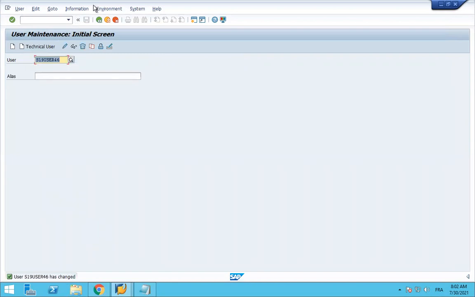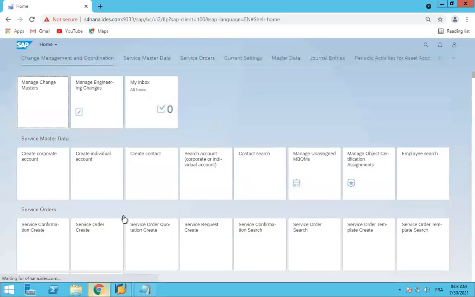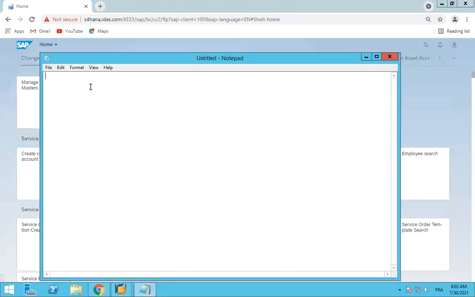Okay, user is saved. Then we need to come to our launchpad. Before I continue, let me show you the transaction. For Fiori launchpad, you need to go /n/UI2/FLP.